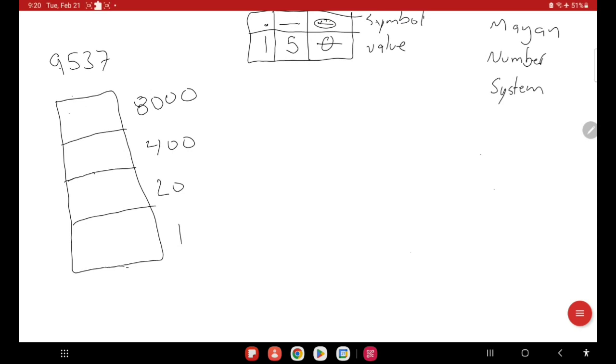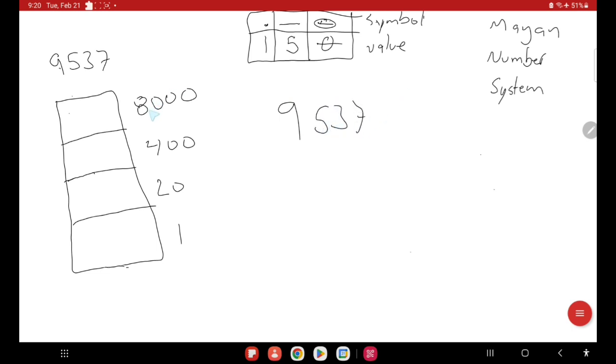Okay, today we're going to be working with the Mayan number system. The Mayan number system was based off of a base 20 number. They used 3 symbols for their entire system. The dot indicated 1, the line indicated 5, and the seashell looking symbol here indicated 0. So if we start out with our first number,